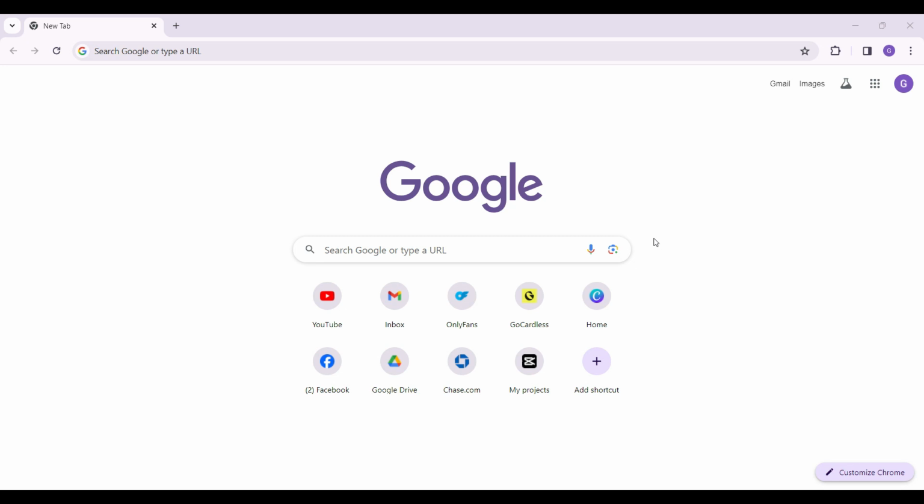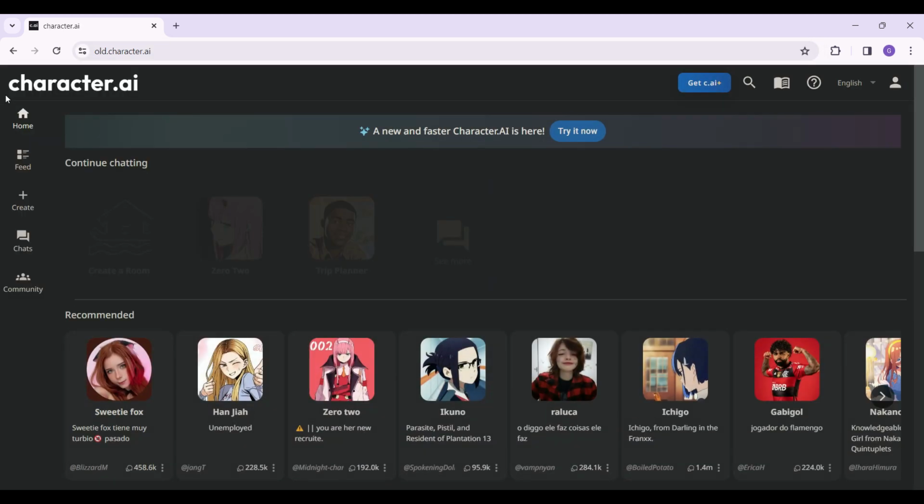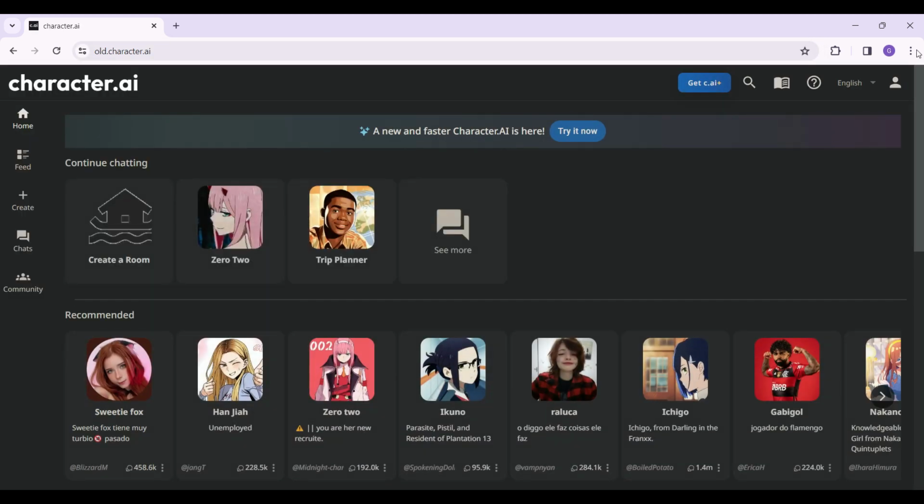In this tutorial, we're gonna look at how to create a room in Character AI. Now let's begin. On any browser of your choice, simply type ol.character.ai and hit enter right now. Now this is the homepage of character.ai. As you can see, I have already logged into my account, so if you have not, do log in right